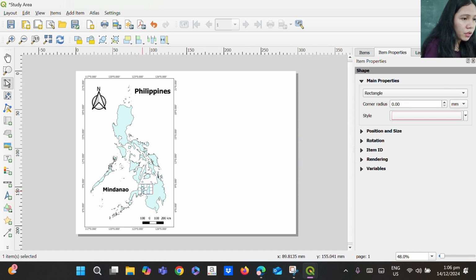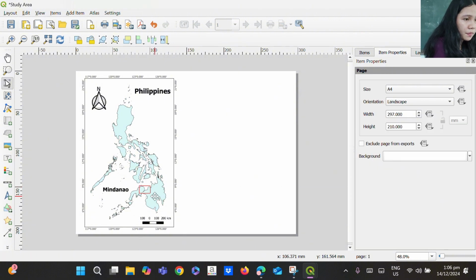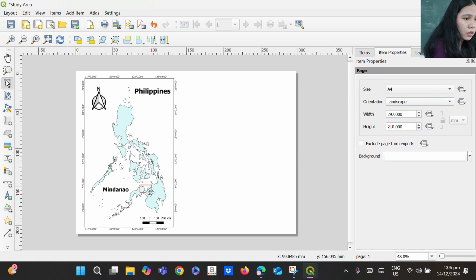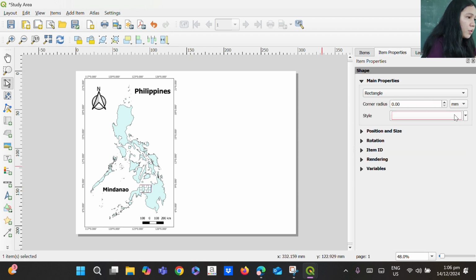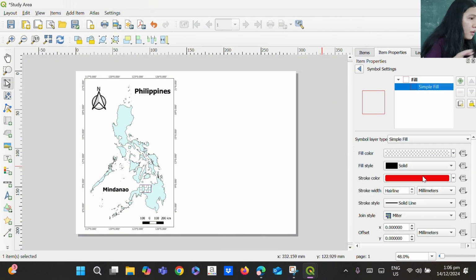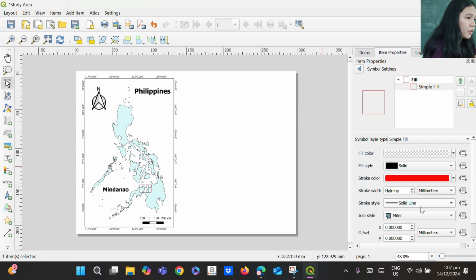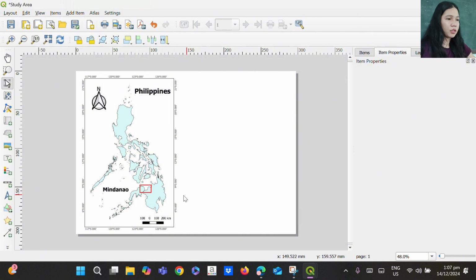I'm just going to adjust the shape so that it can fit the area where I'm going to add the new map later on. I think it's not red enough, so I'm going to adjust the color. And yeah, that's it. It's red enough for me.